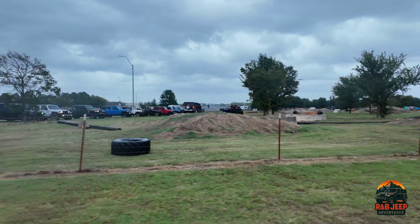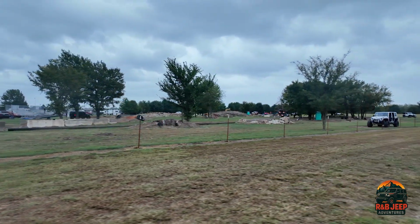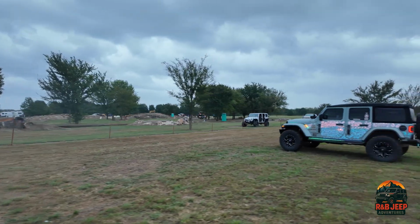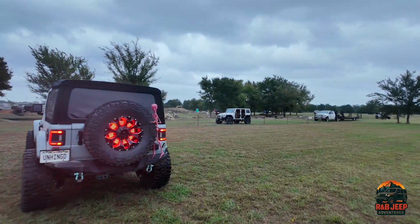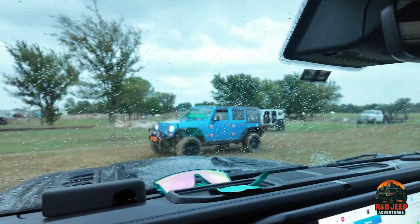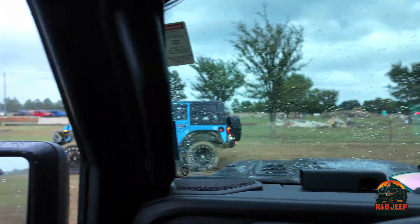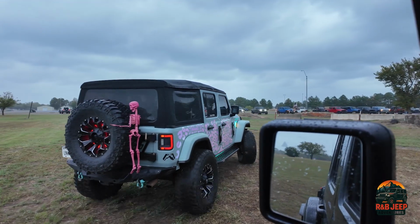Our first time actually crawling or doing any sort of off-road driving in the new Jeep Rubicon X, which, I gotta be honest, was way better than I expected. I've spent a lot of time in a side-by-side and a Polaris RZR and Can-Ams and different machines like that. Kind of blows if it's raining. I know we're in an off-road vehicle, but